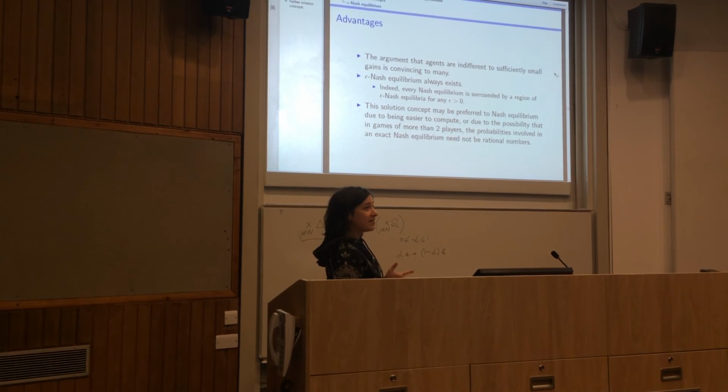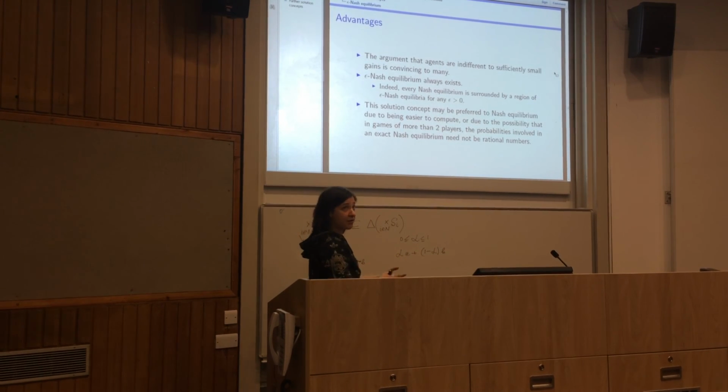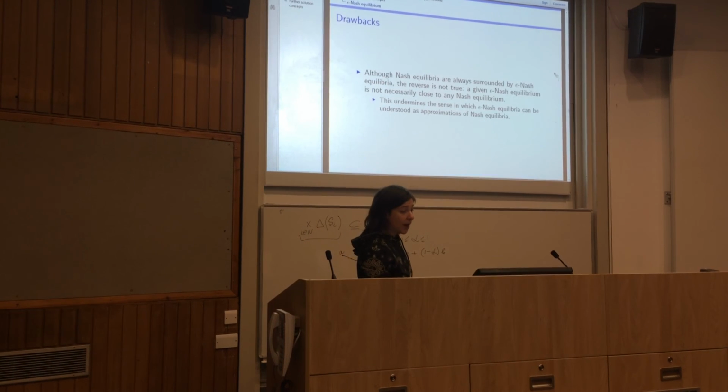And that's what makes computation not easy. Now, if around each Nash we have some area of epsilon Nash equilibria, in each whatever small interval like that, well, neighborhood like that, we always would have those which are given by rational numbers. So it's computationally easier to find epsilon Nash rather than Nash. However,